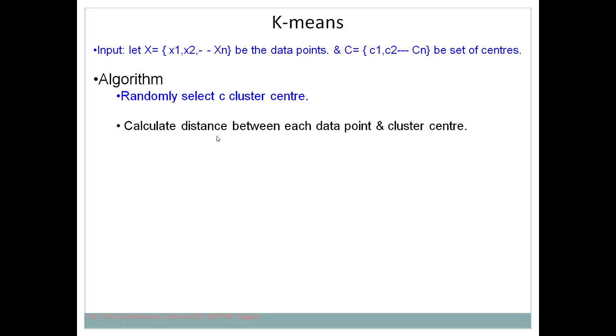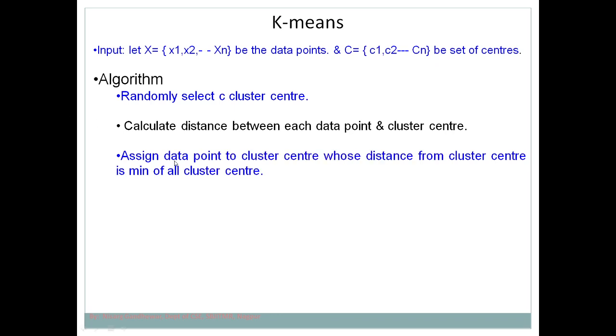After that we calculate the distance between each data point and the cluster center and verify which distance is minimum. Based on the similarity, based on the difference, we map the data point to the cluster. Then we recalculate the new cluster center. Once you have taken a random value as the mean or center, you calculate the distance between the given data points and the center, then map each element. Once this process is over, you calculate the new cluster center based on the new elements.